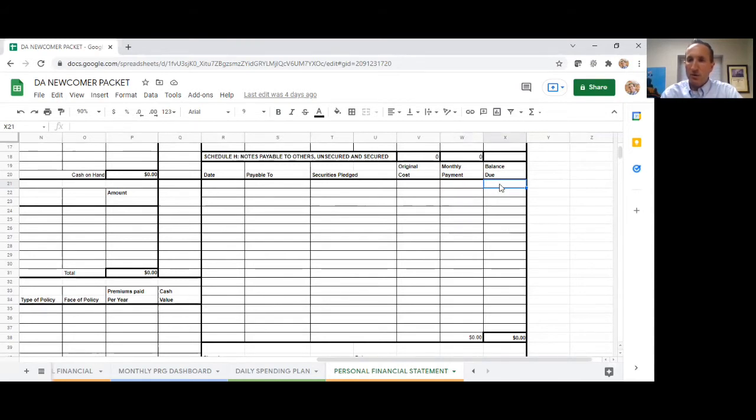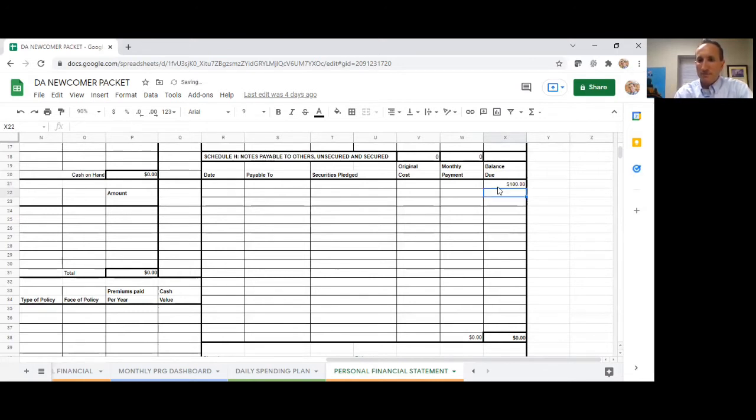The most important part to put is the balance due. So you can find this by calling up the company. If it's a credit card, you can call them up and say, I need to know what the payoff balance is today. Whenever you call and get that number, that's what you put the date there for. That amount will probably change as interest is accruing, but it's just to kind of get a general idea. And just to put a number in here, if it's $100